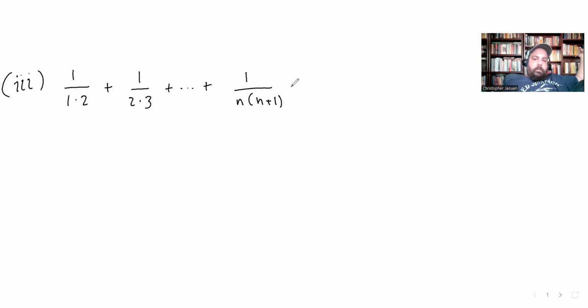He wants you to derive a formula for that, which you can do if you know the fact that 1 over n plus 1 minus 1 over n is always equal to